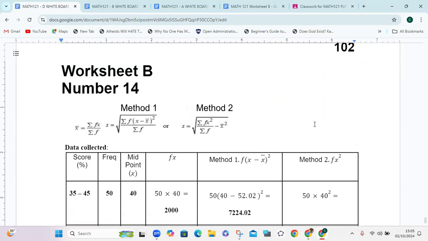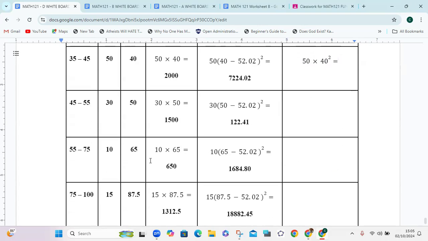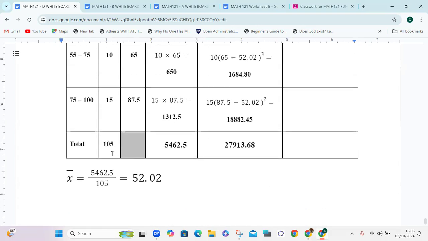There it is. So we just worked out the numerator, the denominator. The sum of f, we calculated it to be 105. All right, so therefore we can